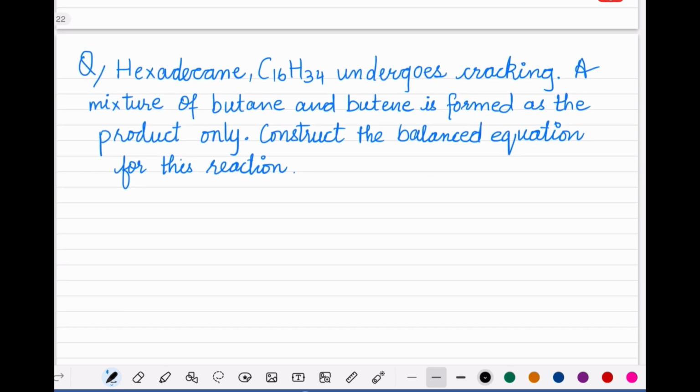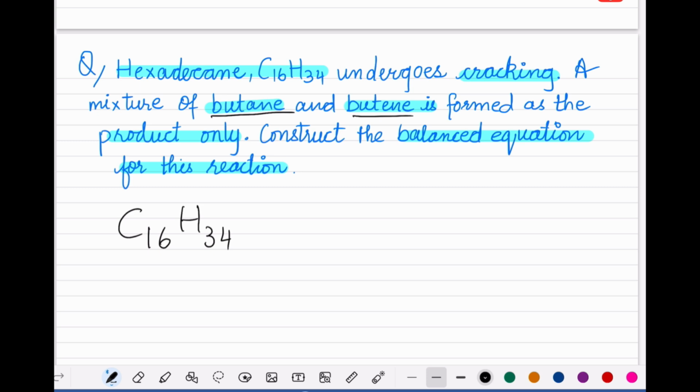Let's do some questions for the cracking. First question is: hexadecane, its formula is C16H34, undergoes cracking. A mixture of butane and butene is formed as the only product. Construct the balanced equation for this reaction. Now, according to the question, butane and butene are formed as the products. So, we will crack down the hexadecane